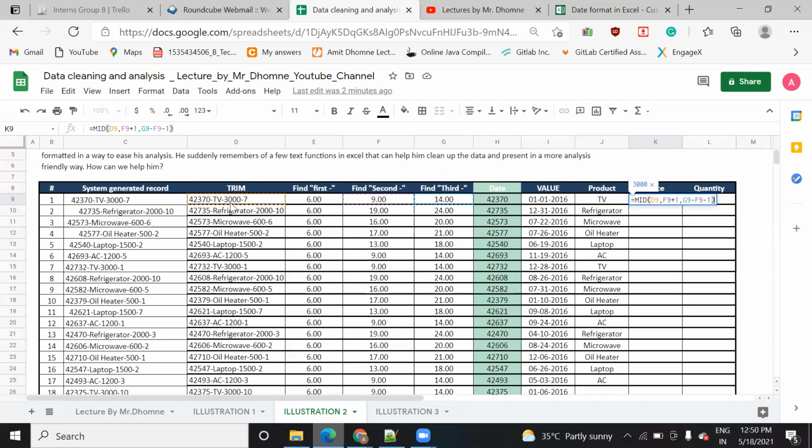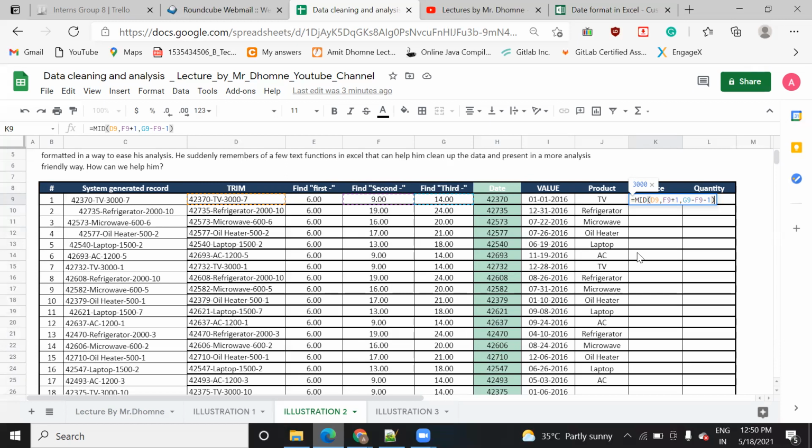Here you find out the first string, then the length of the string, the length of the price, and the third is what you need to pass, that is the length of your price, right? When you subtract the second hyphen location from the third hyphen location, in between you will get this price, but you need to subtract one more so that you can get the actual price. Like if you do 14 minus 9, you will get 5, but is the price of length 5? No, right? It is 4. So you need to subtract one more.